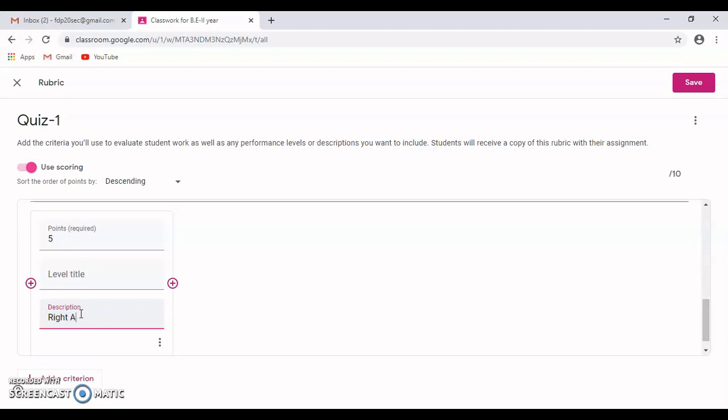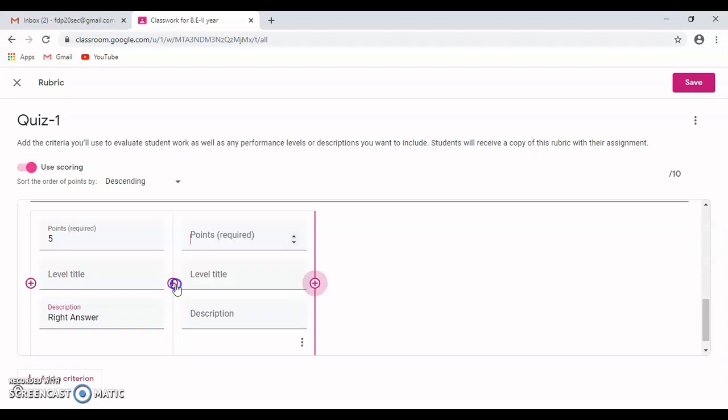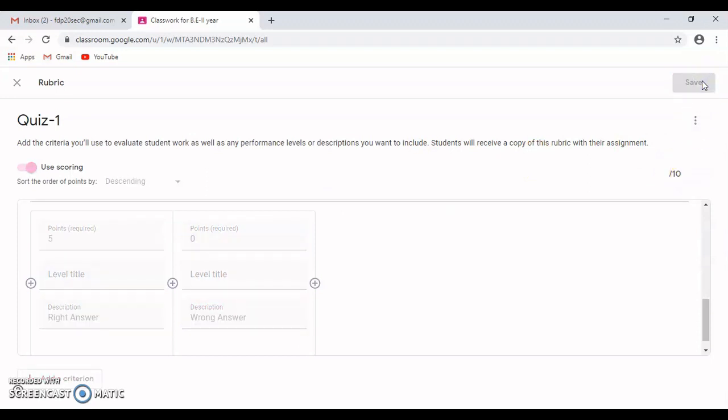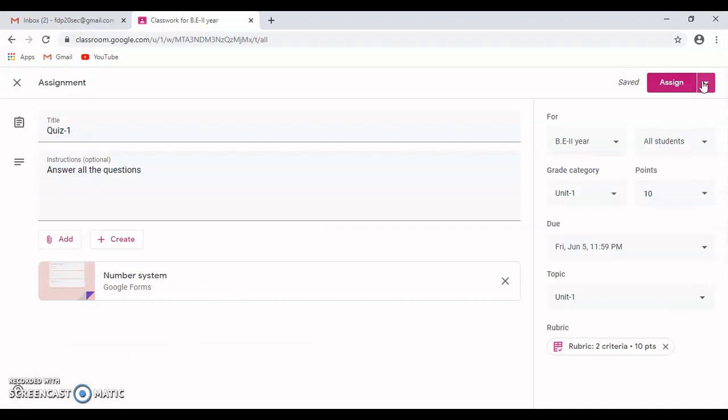Click on the add level, 0 points for wrong answer. As you can see, for 2 questions, the total point value is changed here. I click on save. So the rubric is created here.